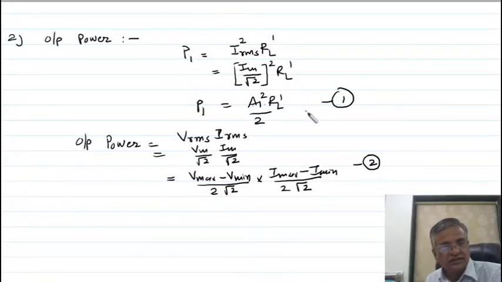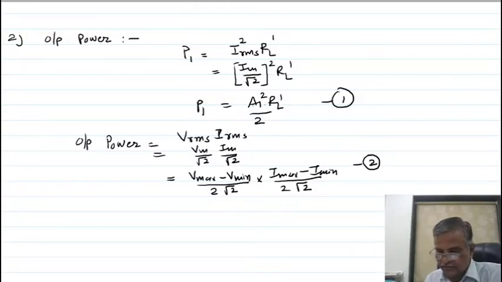So in this topic we have discussed only two equations. You can calculate the output power from the equation E1 square RL dash by 2. You can also calculate the output power by this other equation, measured on a CRO. With the help of a CRO you can measure V maximum, V minimum, I maximum, I minimum, and you can calculate this. Okay. So this gives a more accurate value compared to this.